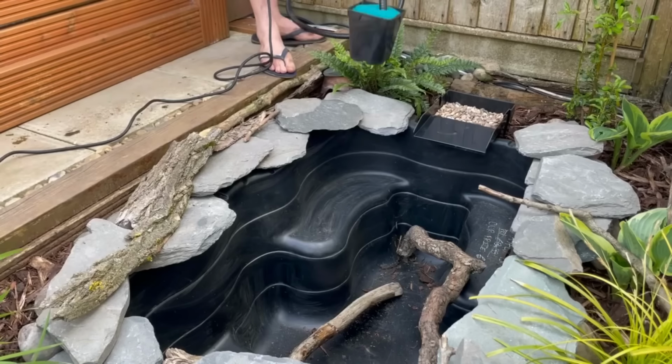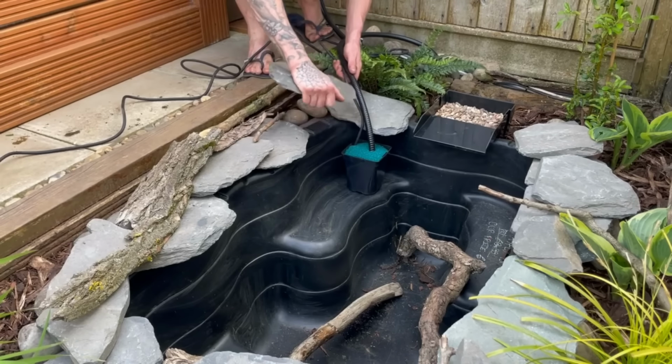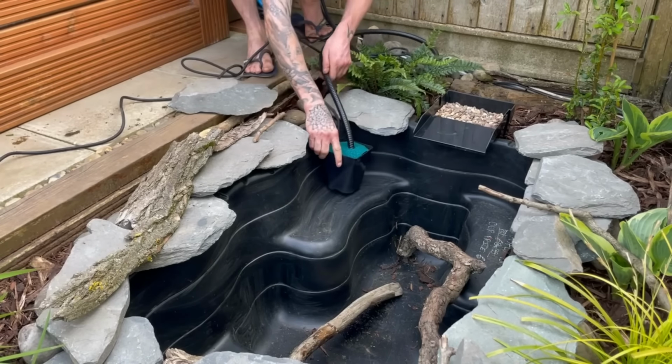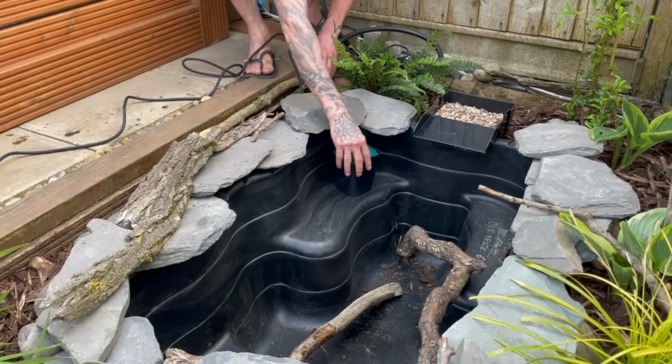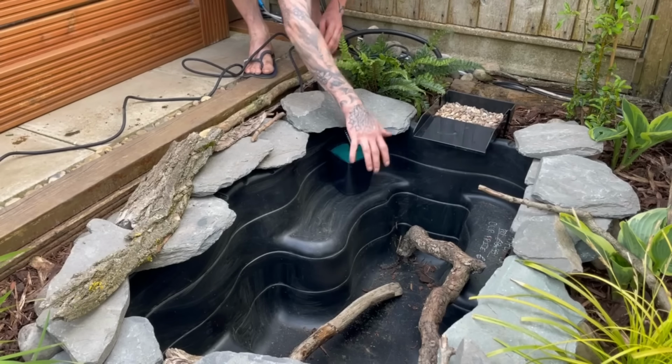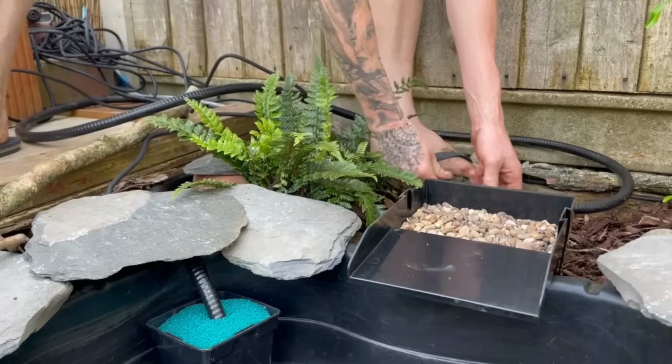I then added my little pre-filter with the pump inside to this shelf here, nice and close to the bog filter, which I've done intentionally because this is a wildlife pond, so I don't want to create too much flow or water movement, which is actually the opposite of what you would normally do if this was a fish pond. But yeah, with that in place, I checked the length of the hosing,